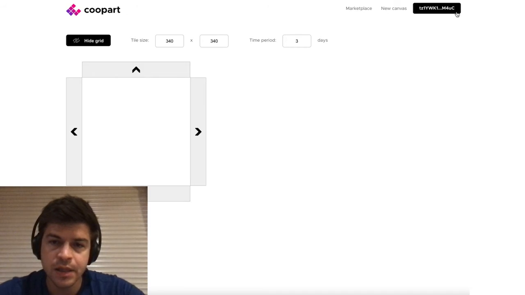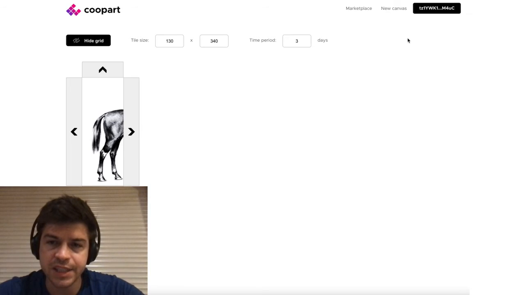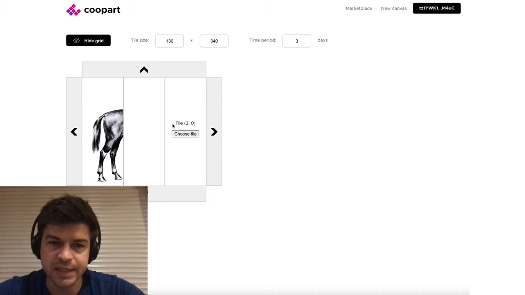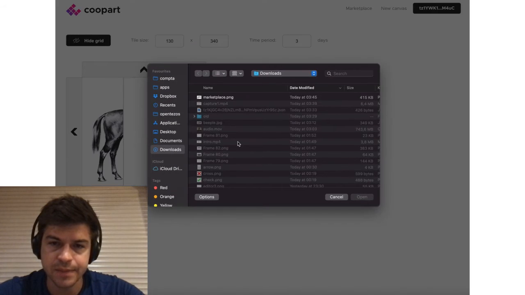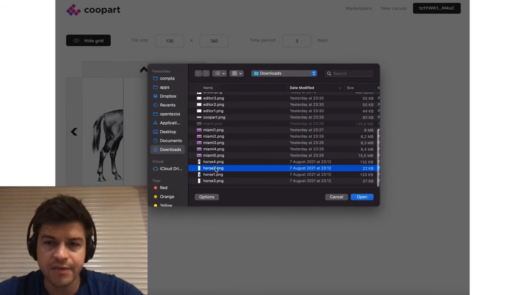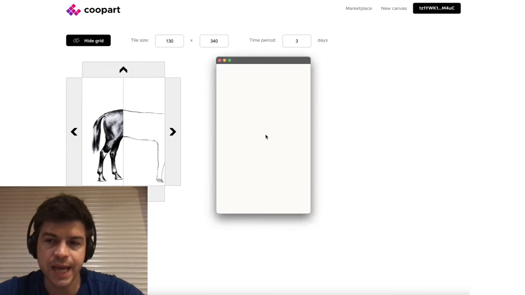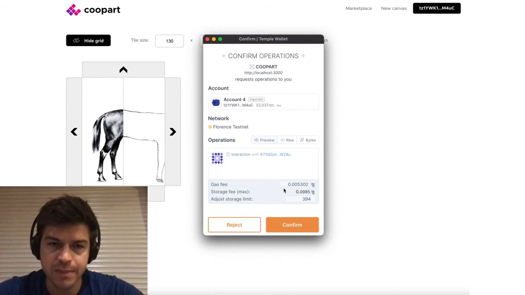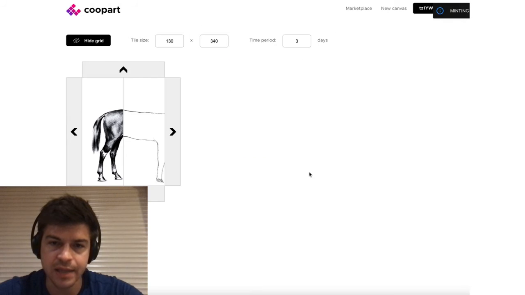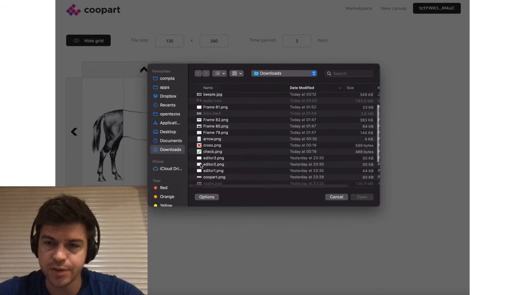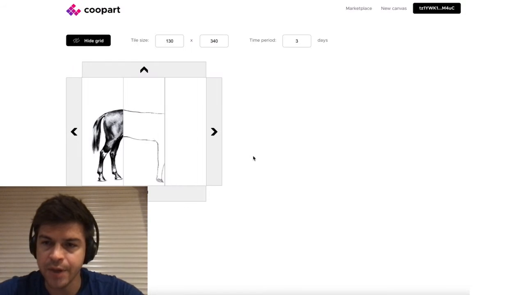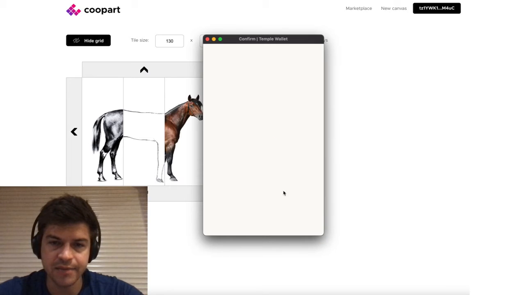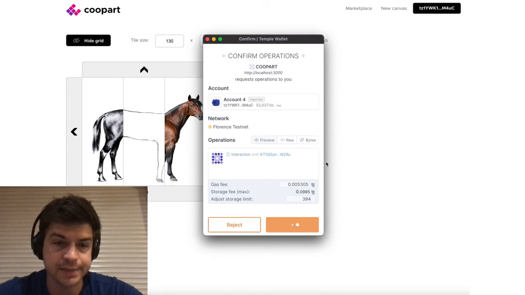Let's click it. The tile editor opens and fetches the tiles from the smart contract. Wait until the loading status in the top right corner disappears. Let me now expand the canvas on the right side with 2 new tiles. I'm going to upload an image for the first tile and mint a token, and let me do the same thing for the second tile. I am now done contributing. If I reload the marketplace, I can see that the canvas does display my new tiles.